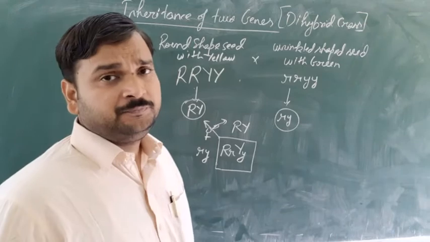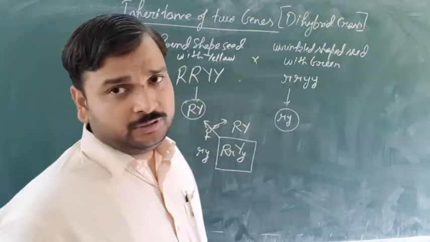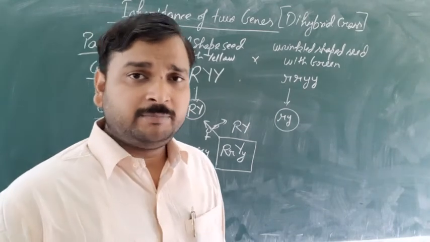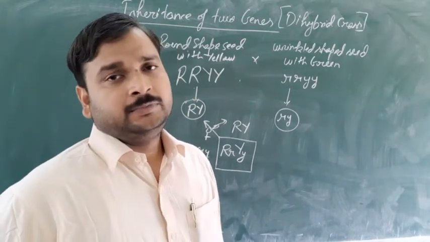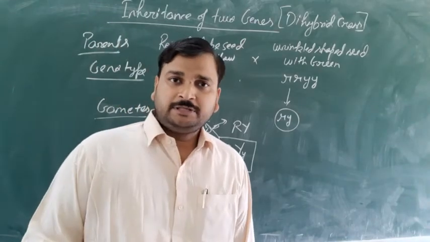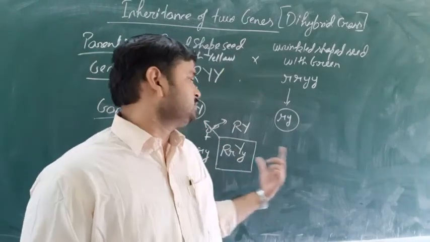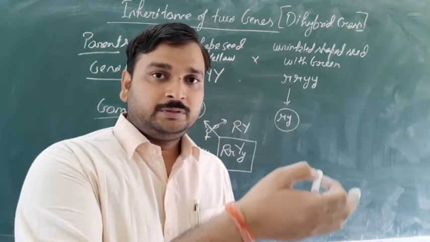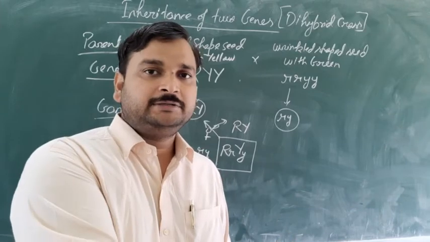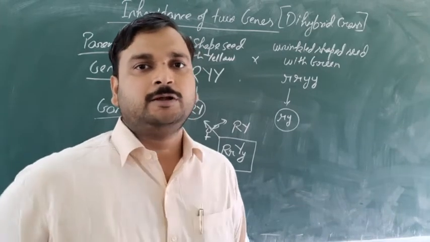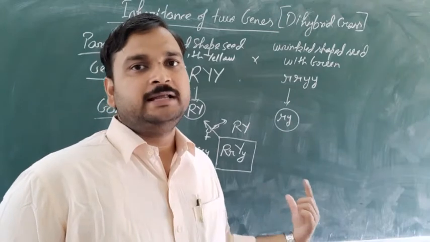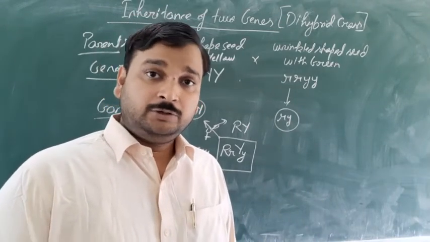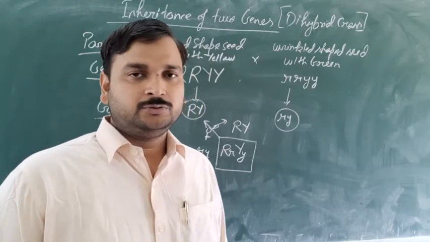One thing you should know is that in the board examination the character may be changed. So you have to choose the alphabet on the basis of the character. While checking the paper, whatever character I give, you always give the answer in this format. Even if I ask the stem height, or I give the character of flower color or flower position, you always choose this alphabet. That answer will be wrong, because the alphabet is always chosen on the basis of the dominant trait. Okay, that's why you are losing the marks.